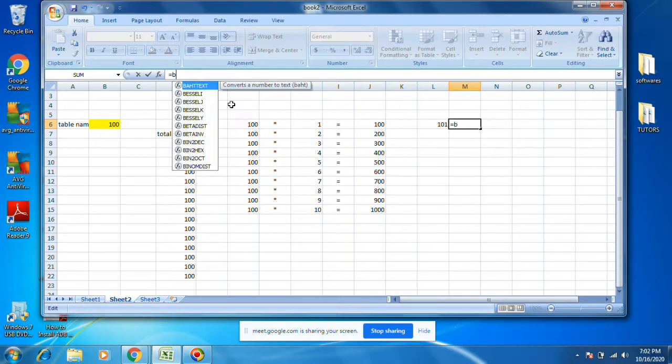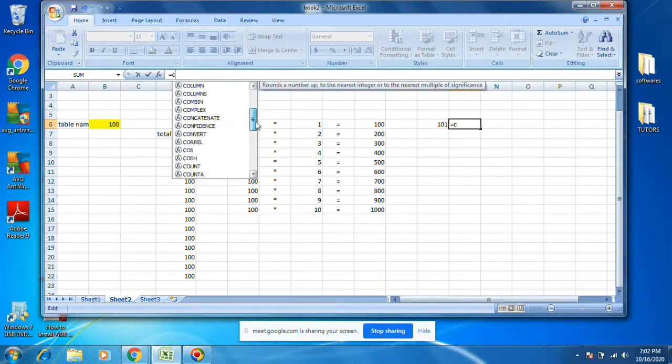B, this is the function names starting with B. C, all these function names start with C. So many functions. I, IF. See, the IF function is there.